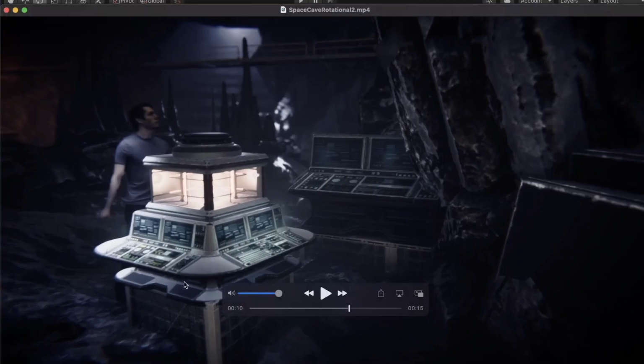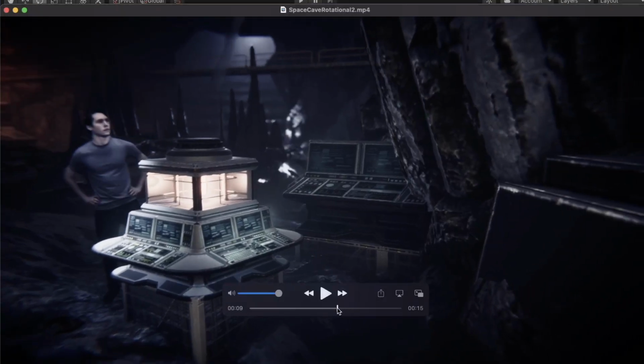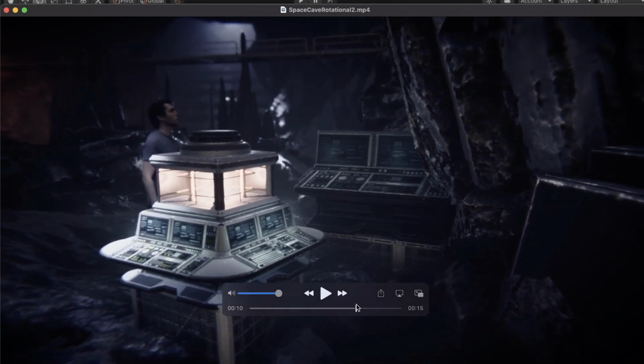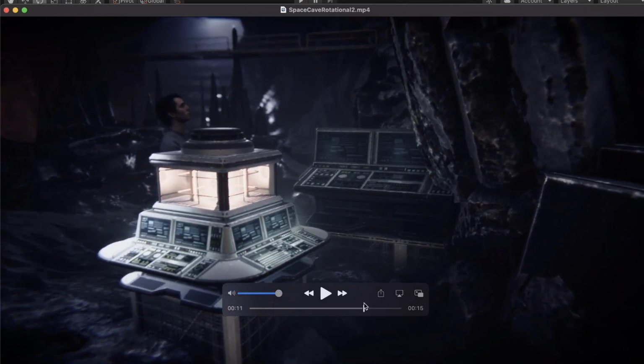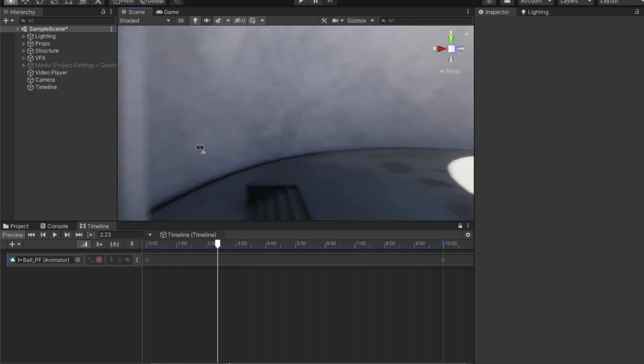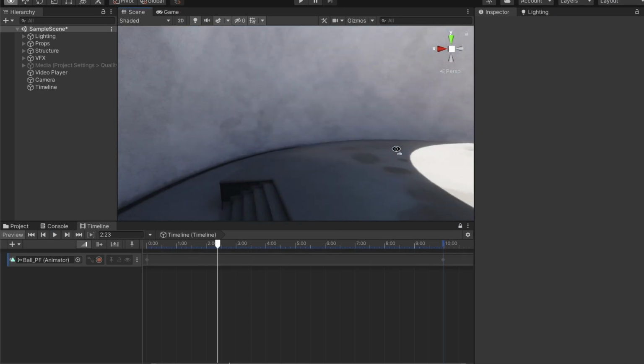And yet, when we bring that same footage into the world, we can have him lit and go in and out of shadow. That's incredibly cool and goes a long way to grounding your stage recordings into the environment of your world. So let's talk about how this happened. We're going to demo this using a stock